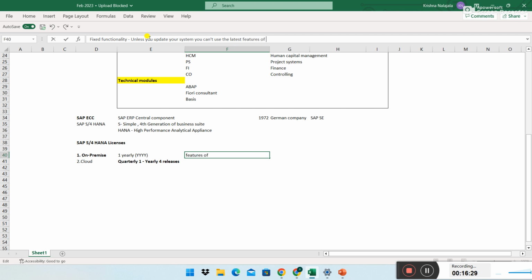But the cloud license is up to date. The responsibility of maintaining your system up to date is SAP's responsibility, not your responsibility.